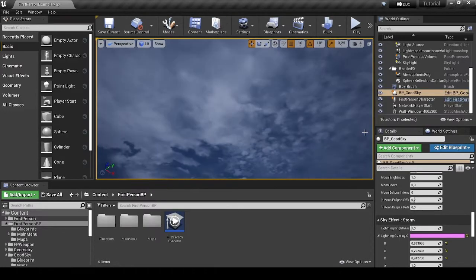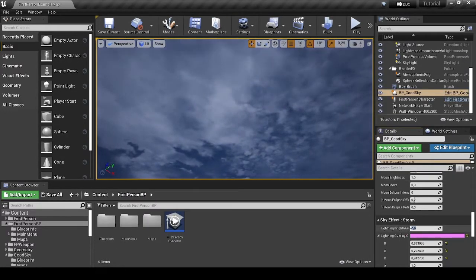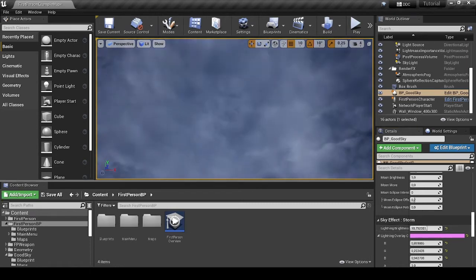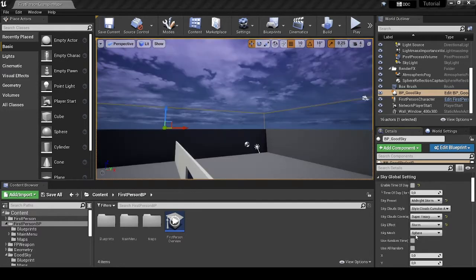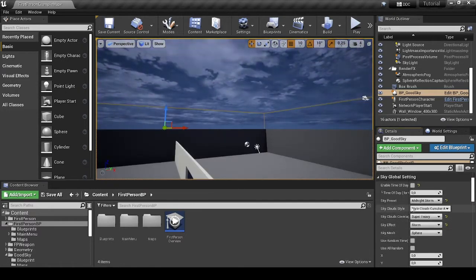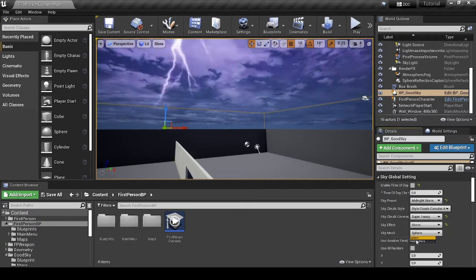Another thing we can do is change the brightness of the lightning. So maybe we can just drag it up a little bit so the lightnings are bigger, as you can see. And lastly, if you come here to Sky Global Setting, you can change this to